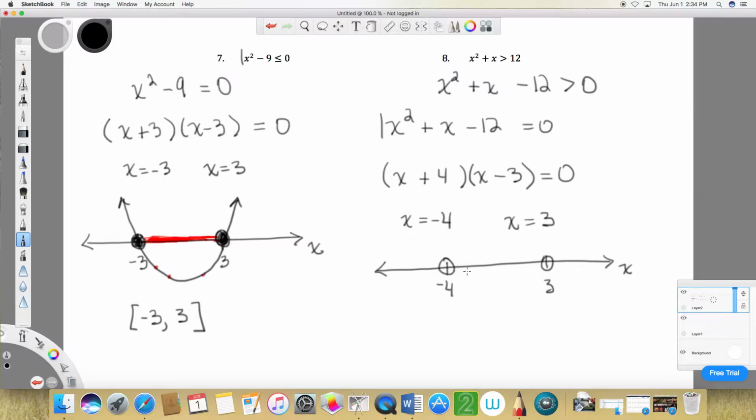So these critical points, you look at and see if this had been greater than or equal to 12, then I would have made these solid points, but it's not. So I'm going to leave these hollow. Now, in this case, let's look at the one that we have in standard form. We want the values of x that when you do this arithmetic, it's positive, and positive outputs, positive y-coordinates are